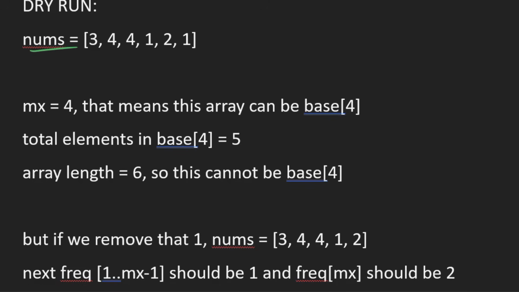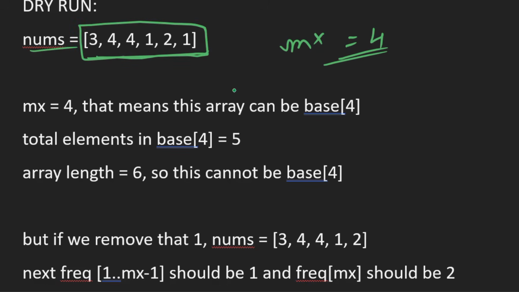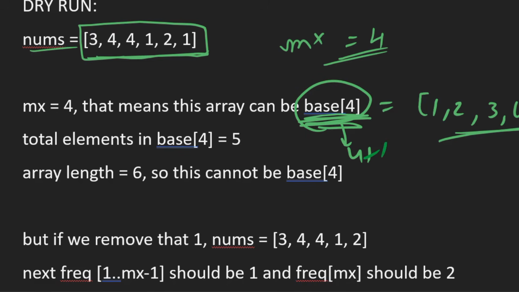So we have taken this as the example: 3 4 4 1 2 1. Now first what we do is we find the maximum of the array. So here the maximum is 4, right? So what we want is for this array to be base of mx, that is base of 4, and base of 4 is 1 2 3 4 and 4, right? And so if you see the total elements in base of 4, that is 4 plus 1 equal to 5. But here in our array we have 6 elements,